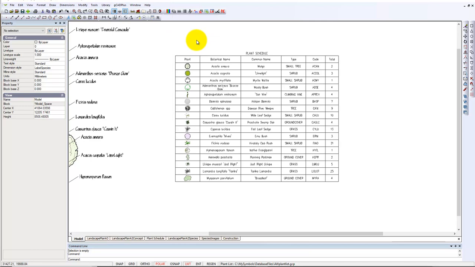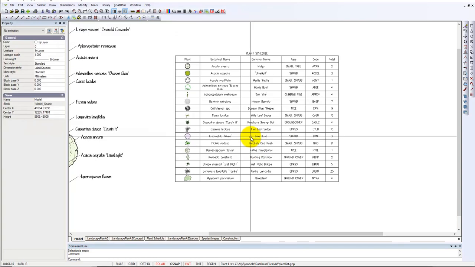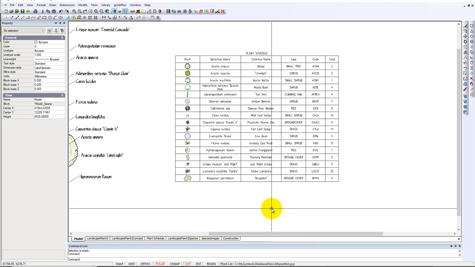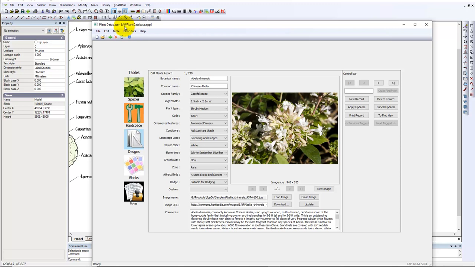We'll extract the plant schedule, and it picks up all of that information and puts it in a CSV or Excel type file, and I'll overwrite the one that I've been using, which is called test. And the other thing to note is this is a landscape practice called AW Landscaping, and they have their own plant database file, awplantdatabase.spp, and here it is, and we've just written out a CSV file containing that plant